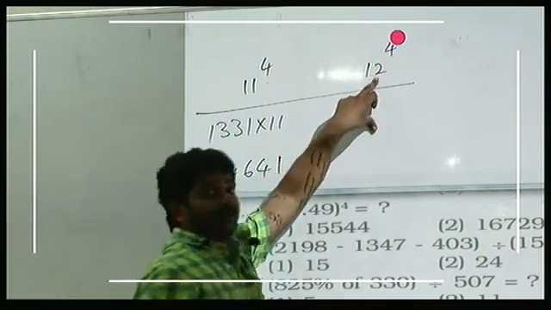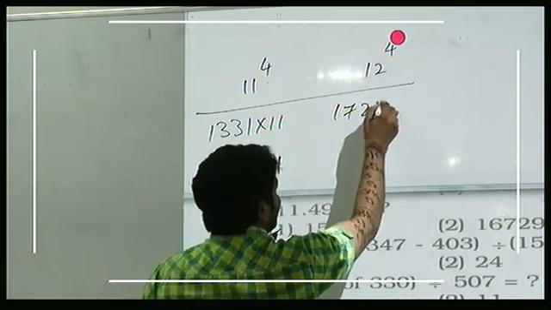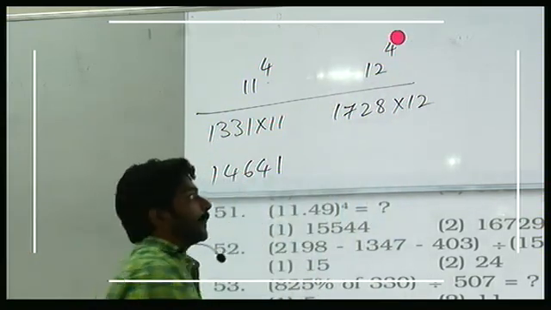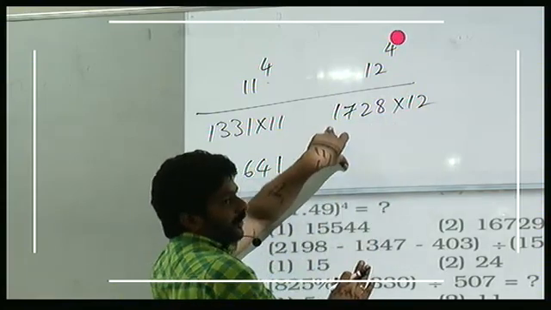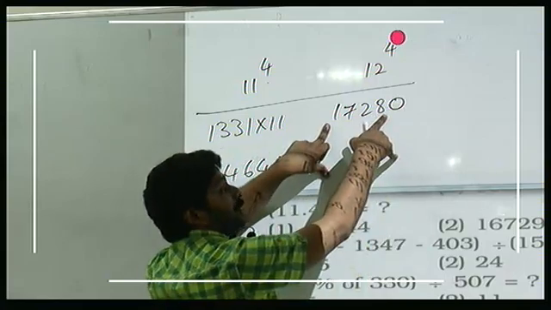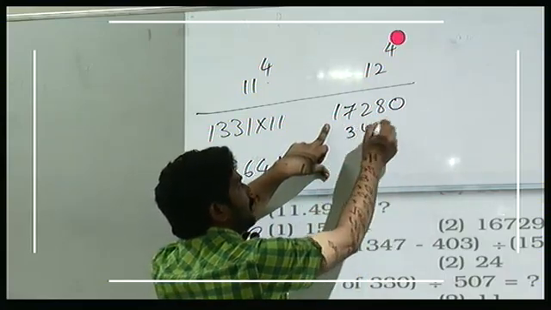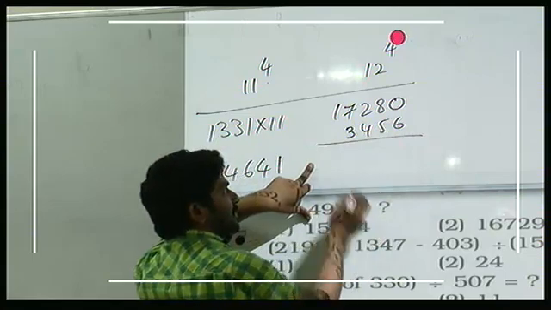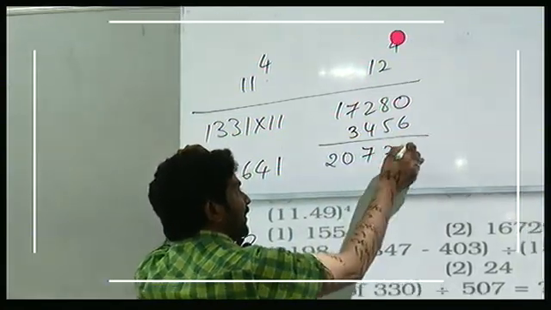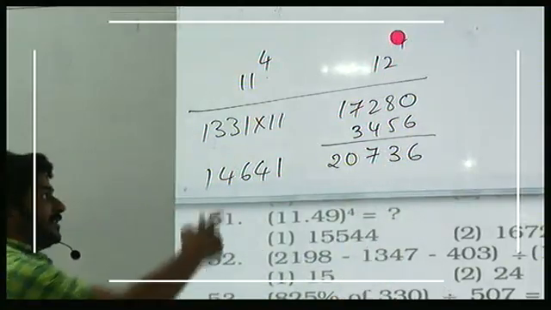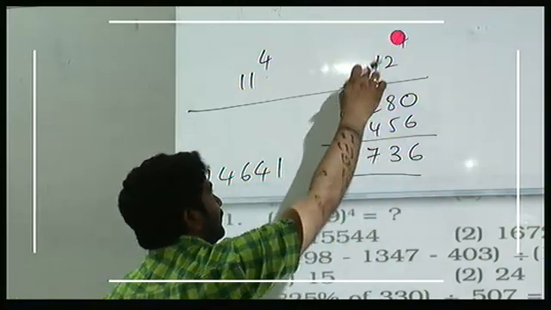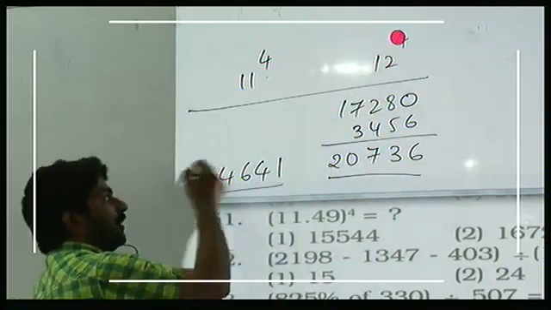And you know that 12 cube value, how much is that? 1728 into 12 is 12 to the power of 4. Take 10 times and then you can add 2 times. 10 times of this number, 1728, 2 times, 3456. Add these two numbers, 20,736. This is 11 to the power of 4 and this is 12 to the power of 4, but you need